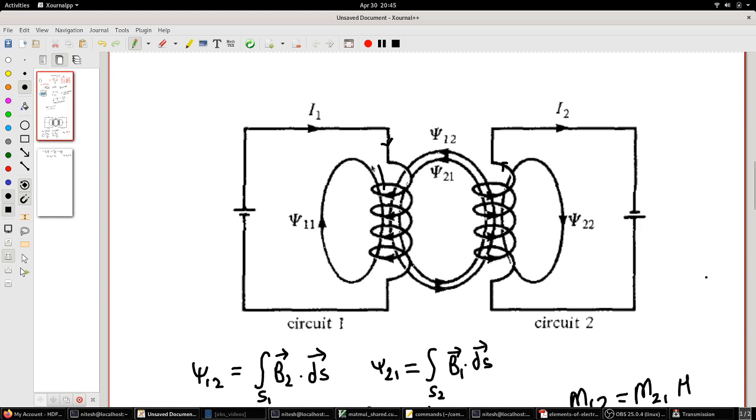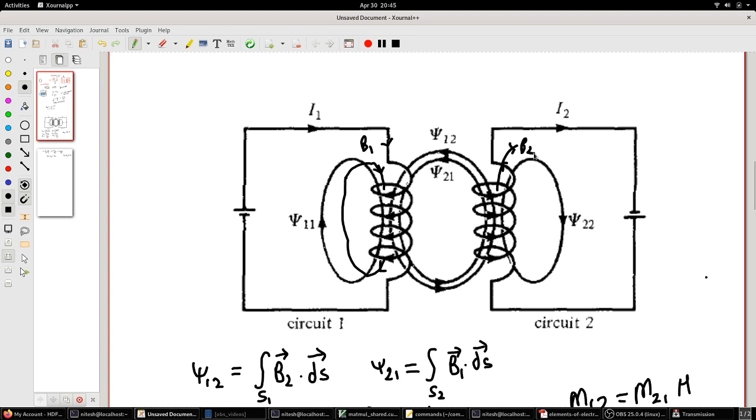The direction of the magnetic field is going to be in this direction. If you use the right hand rule, you curl your fingers in the direction of the current, and the thumb points in the direction of the magnetic field. So the magnetic field is in this direction. This is B1 which will be generated, and correspondingly here, due to the current I2 flowing in this direction, you will get a B2 in this direction.